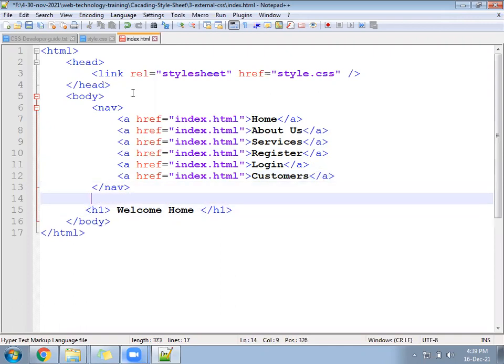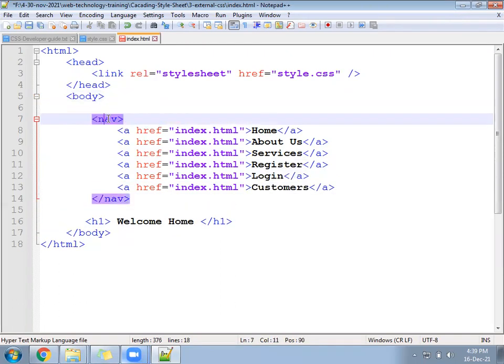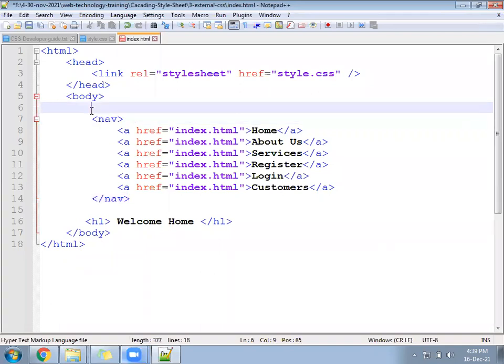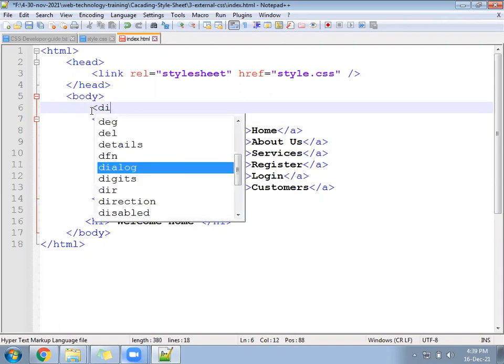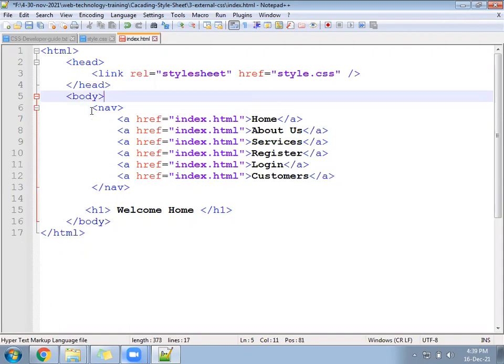This is your nav tag. Header is not required here.